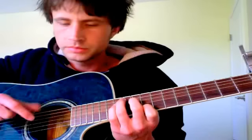So notice I'm only using these 2 fingers still. So you can actually get away with this part also only using these 2 fingers. Which I think for speed, it's a little easier to keep it simple and just use 2 fingers. So then that's the first 3 lines of the verse, and then the first time through, then you do this